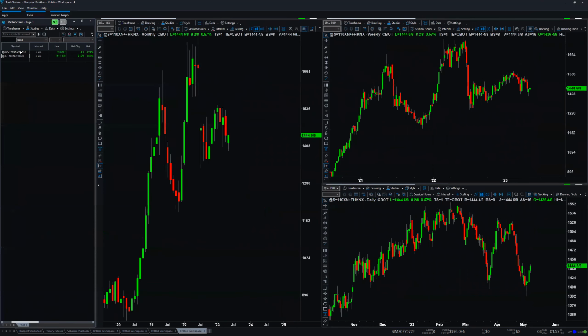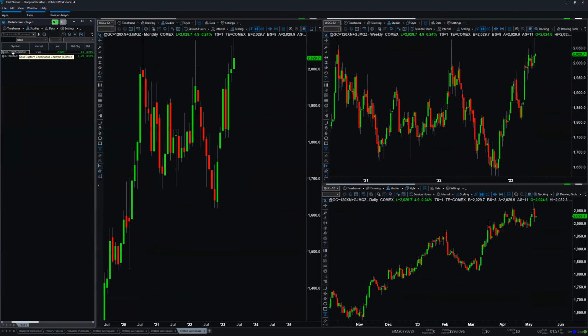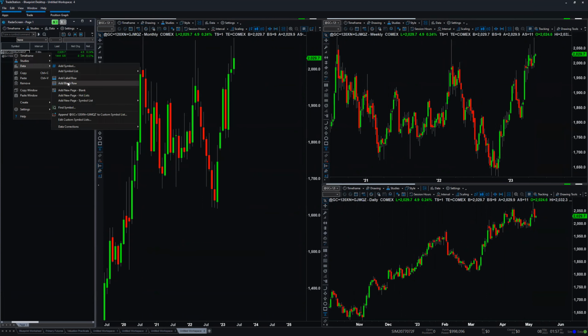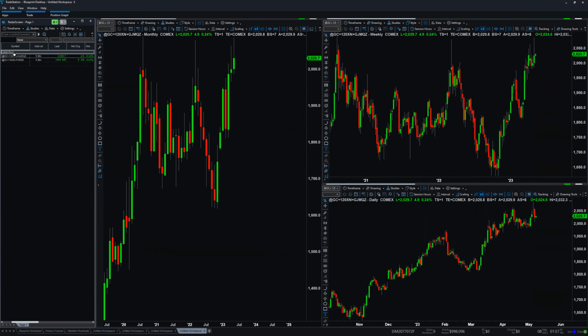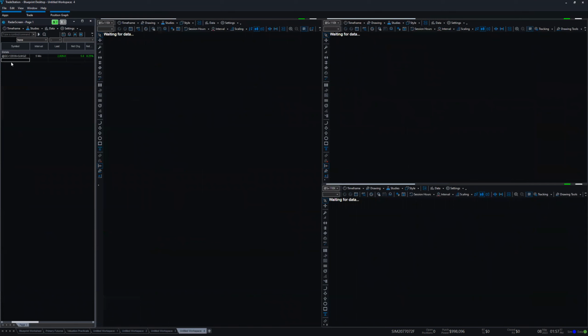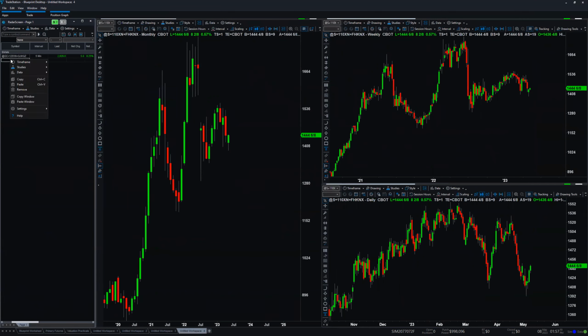So what you want to do as well is you can right mouse click data, and you can add a blank label row or just a blank row. When you create a label row, you create a subcategory. So here you could say metals, and you could have at GC, for example, right? That we just did. Then you could go again, data, add label row, and then you could create a subcategory